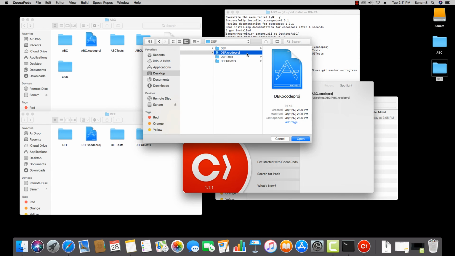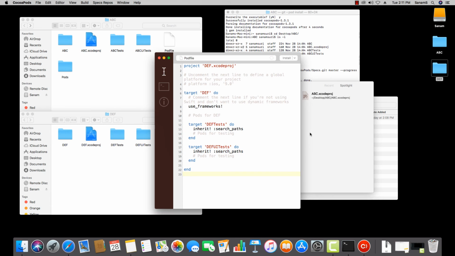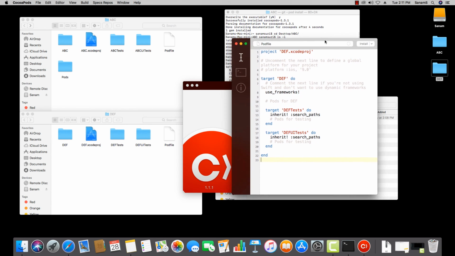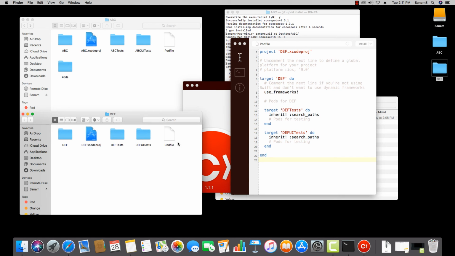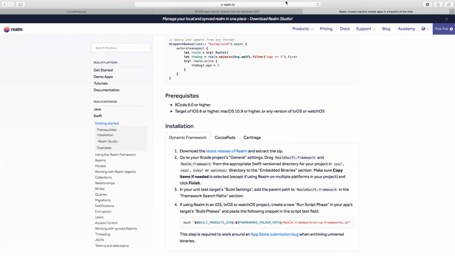This is the Xcode project file. Open it, and you see we have the Podfile here also. It's the same Podfile that I opened in the Vim editor, so it's the same that we're going to open here. So you just need to copy this